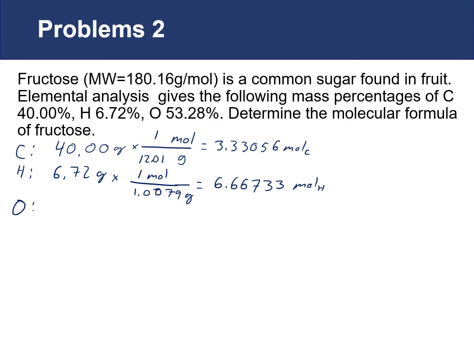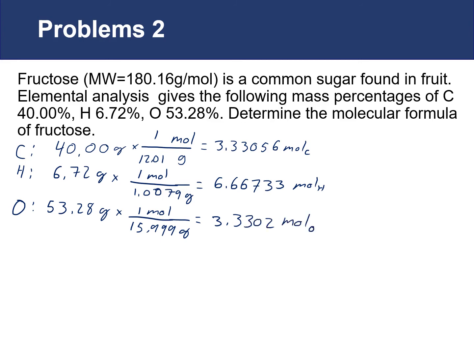For oxygen, we have 53.28 grams of oxygen in 100 grams of fructose. 1 mole of oxygen weighs 15.999 grams. This gives us 3.3302